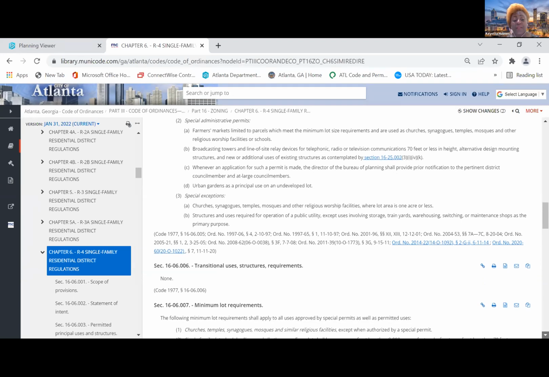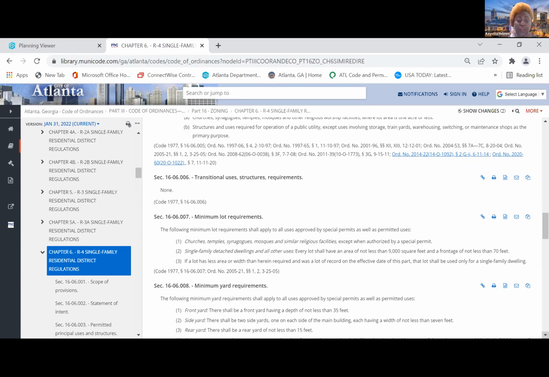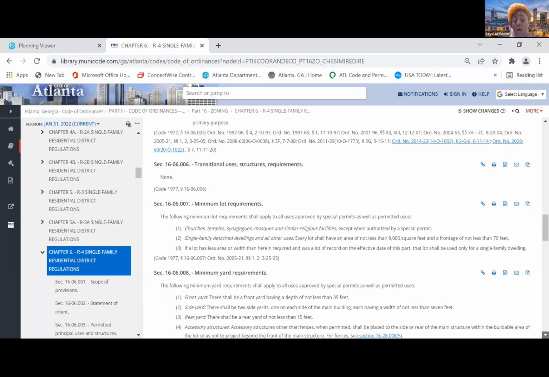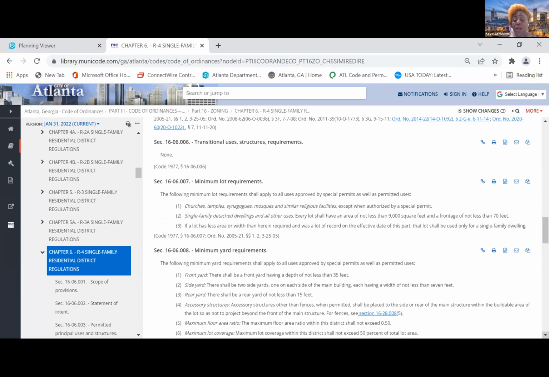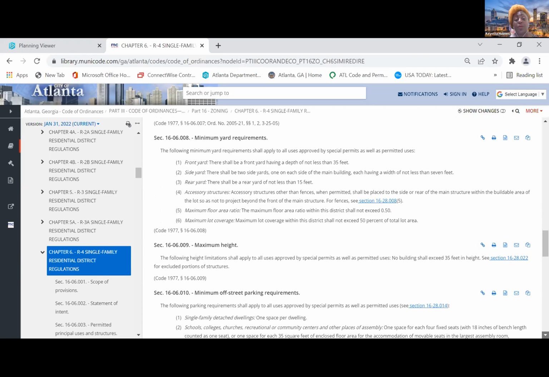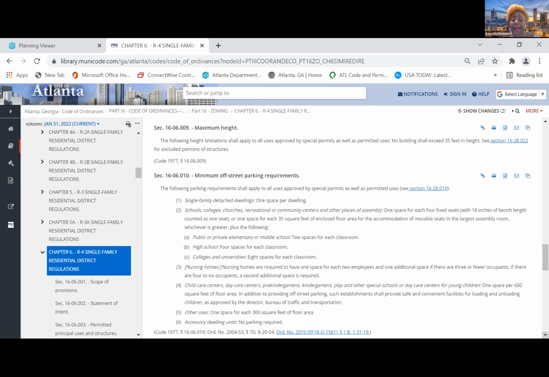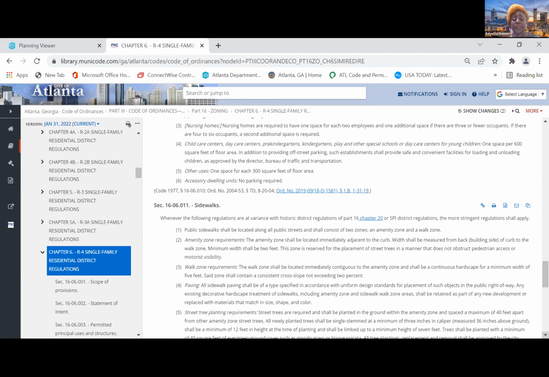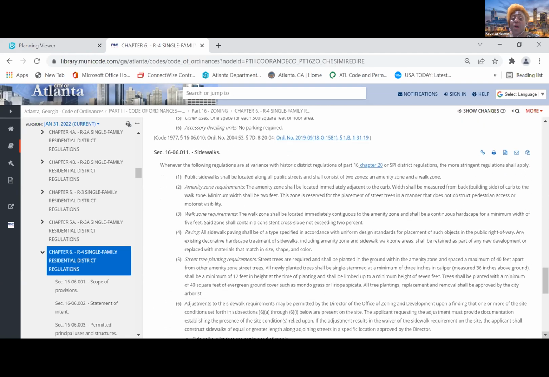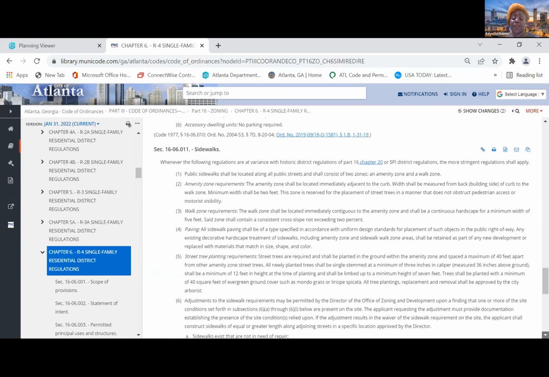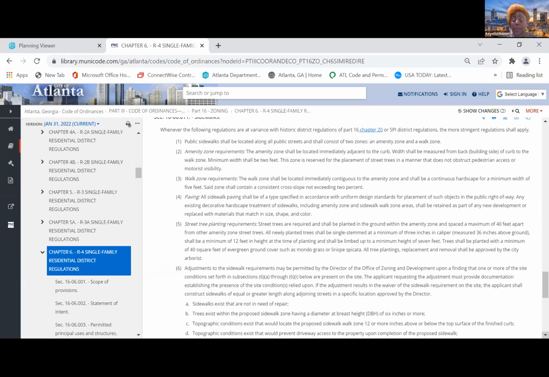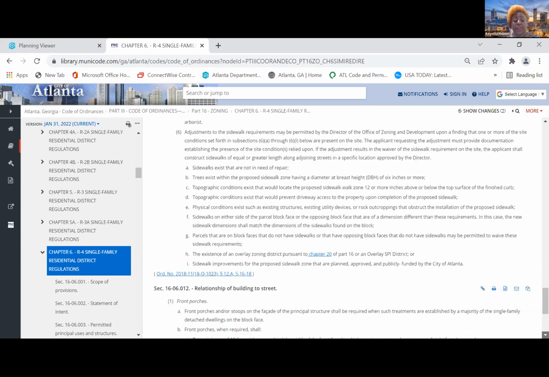And then as you read further down, you'll see transitional uses, minimum lot requirements, minimum yards. You can check all of that with regard to the application that was submitted to you. And then there's information related to height, off-street parking requirements, sidewalks, etc. Sidewalks was added during the quick fixes phase 2 because, as you know, sidewalks are pretty important here in the city, providing mobility and pedestrian access to a number of uses,